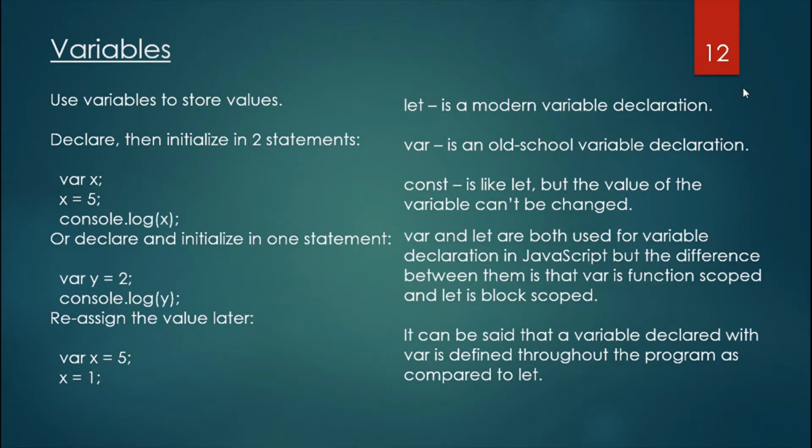So we know that the var keyword is used to define a variable. When we say var x, it will tell you that x is a variable. And with the var keyword, we can use any kind of value like a string, a number, a floating point, or any other variable type. So here it is: var x is equal to 5, console.log x.